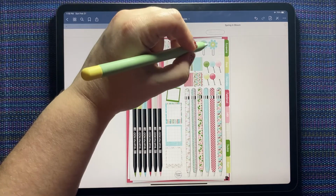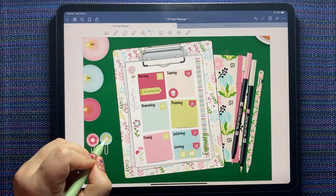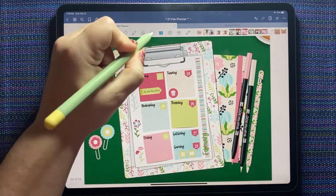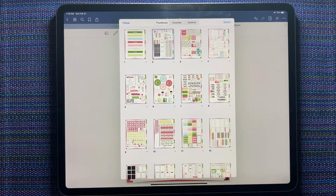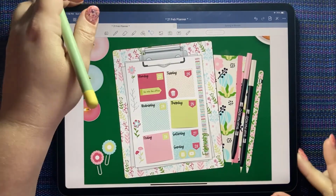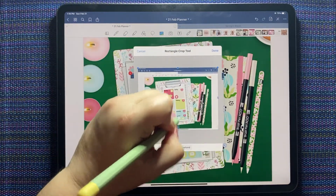We could put a few paper clips on the desktop. Okay, so I do want to cover up that coffee cup. Oops. But I'm not sure there's really anything to cover it up with. So one thing that I will often do, I'm going to take a screenshot. Where are my buttons here? So I've screenshot this whole image, and I'm going to paste it, and I'm just going to crop